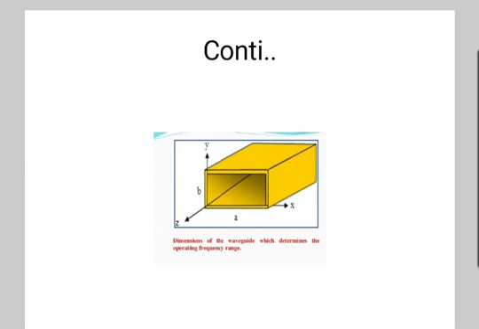Next, group velocity in the TM mode. Group velocity is defined as the rate at which the wave propagates through the waveguide. Phase velocity means the wave propagates in the waveguide if the guide wavelength, that is lambda g, is larger than the free space wavelength, that is lambda 0. So as the velocity of propagation is the product of lambda and f,